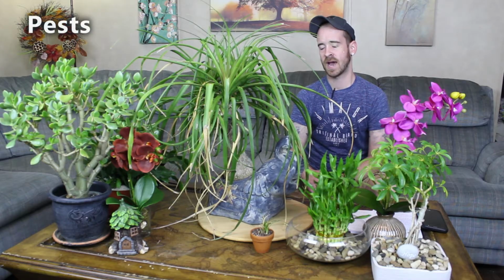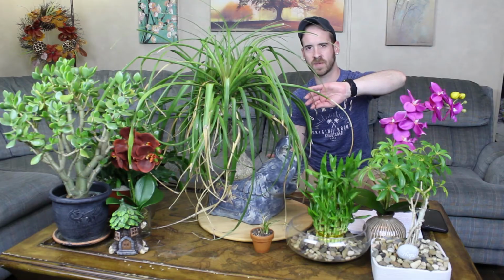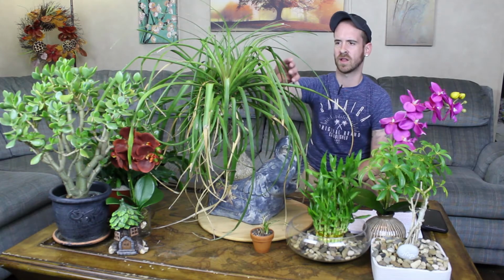And then pests, I know these guys suffer a lot from spider mites. Now, we've always discussed that. You can tell that you've got spider mites if you see any kind of webbing or any kind of something that looks like it might be from a spider. Probably a good indication that you do have spider mites. It's really hard to see spider mites with the naked eye, so if you do see a lot of filaments